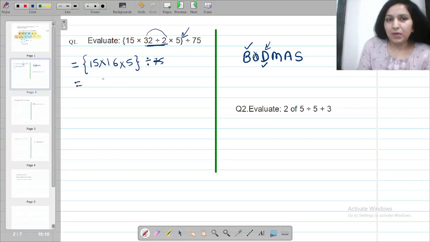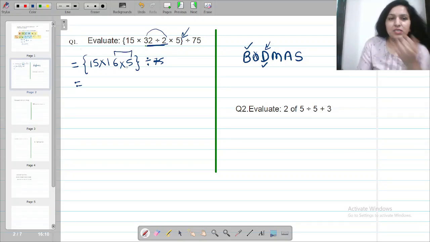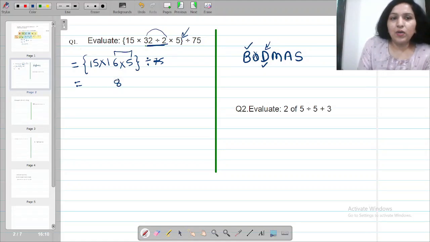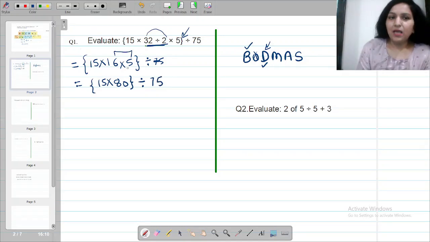आप किसी भी order में multiply कर सकते हो. Preferable 2 digit with 2 digits को avoid करके multiply 2 digit with 1 digit. It is an easier method. So 16 into 5, how much is that? Very good. That is equal to 80. अगर आपको नहीं आता, I request table till 20s you need to learn. Anyhow, इतना मुश्किल नहीं है. If you start practicing now during the summer break, it will be much easier for you. So this is 16 into 5 is 80.